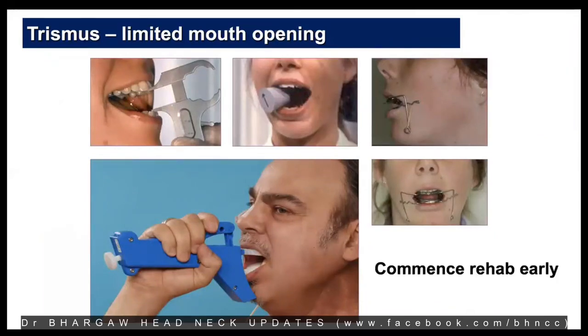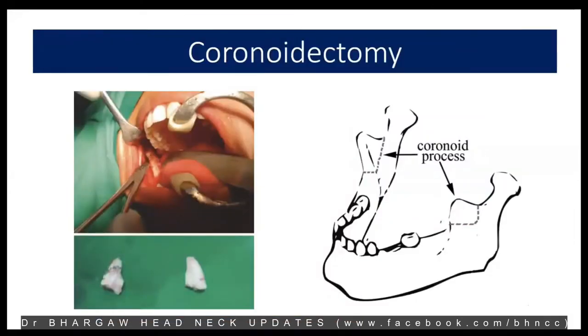Trismus. In India, submucous fibrosis is very common, and these patients have very limited mouth opening, which can cause a lot of issues with eating different types of food consistencies. Trismus management is a whole entity by itself, and sometimes even before treatment, we need to start rehabilitating these patients for trismus. And if regular rehabilitation doesn't help, then coronoidectomy, that is, releasing the temporalis muscle, might help in opening up the jaw.